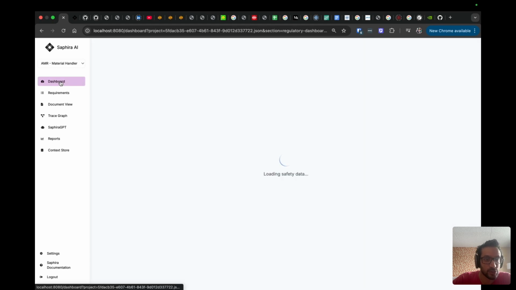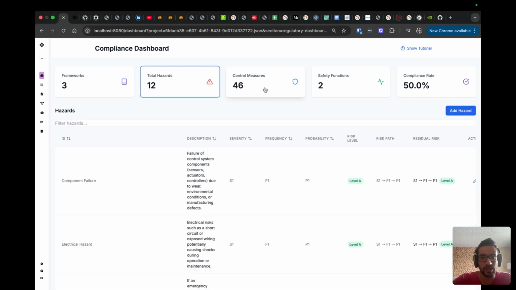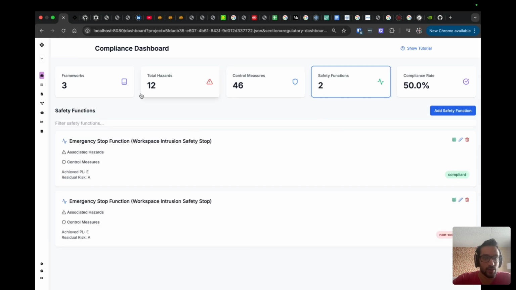Let's take a look at the dashboard to begin with. So we have a few new things here that you'll see. We have the SOLIS risk matrix and the recent activity. We still have the hazards, control measures, and safety functions you're used to. Let's start by looking at safety functions, and we'll come over to frameworks and compliance rate, and then go over